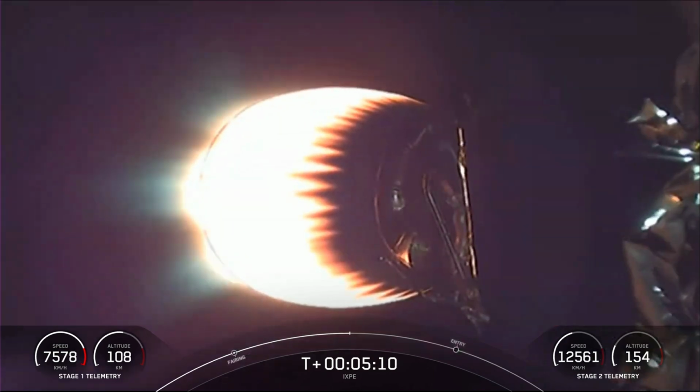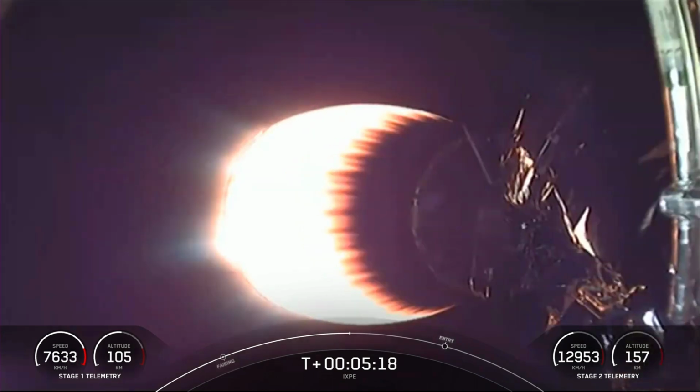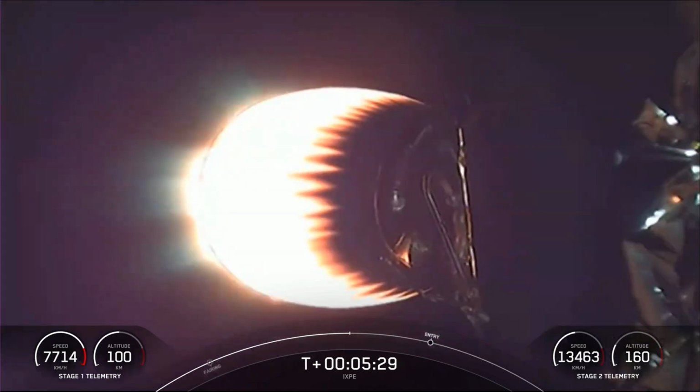Now, during the entry burn, we'll relight 3 of the Merlin 1D engines on the first stage. That'll start with the center engine, followed shortly after by 2 of the side engines. That'll slow down the vehicle as we pass back into Earth's atmosphere. And we need to slow down on the first stage to reduce the entry forces, which helps us recover and